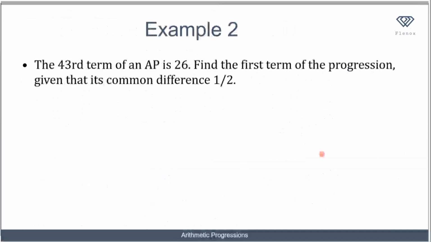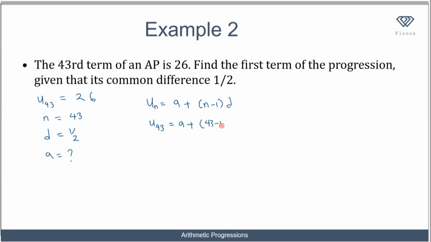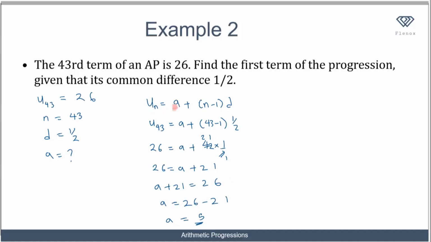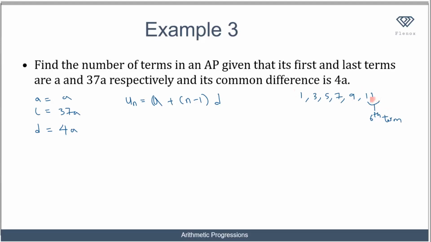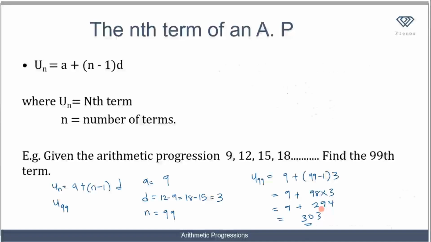And I know that the term I'm looking for, n, is what? 99. So my 99th term will be, my first term is 9 plus the nth term that I'm looking for, 99 minus 1, times my common difference, which is 3. So that will be equals to 9 plus 98 times 3, and that will be equals to 9 plus 294, and that will be equals to 303. So if I continue writing this progression to the 99th term, the number I'm going to arrive at is